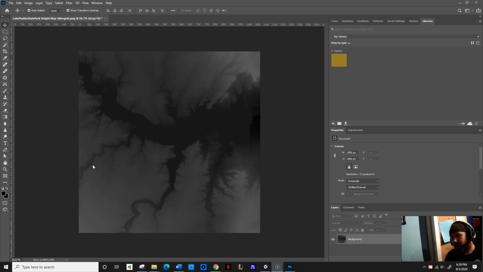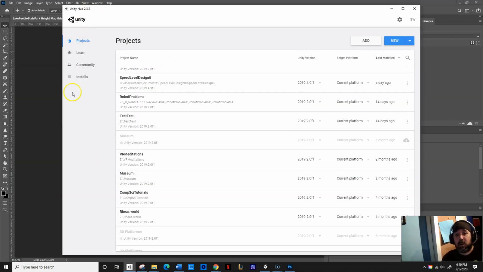So now we have height data, and we have a couple of different versions of the contrast so that we can see what it is going to look like. So now we just need to go to Unity, and we need to create a terrain. At least to begin with, we are not going to have you building terrain in the main project file. We're going to have you create the terrain, and the last video in this series is going to be how